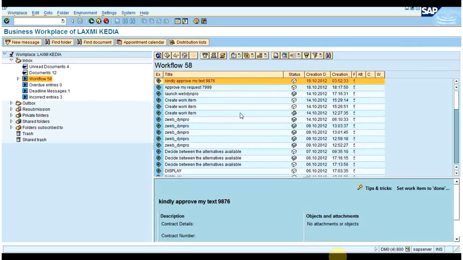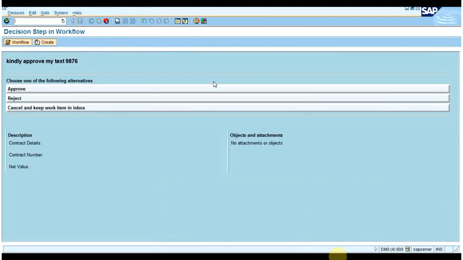Once I display it, the data has not been saved in the database.